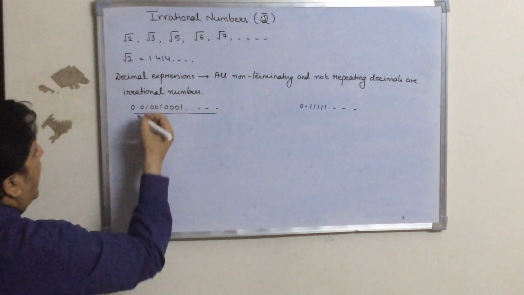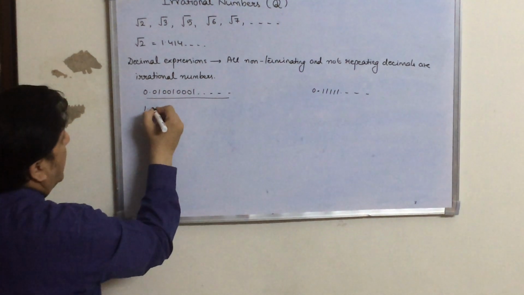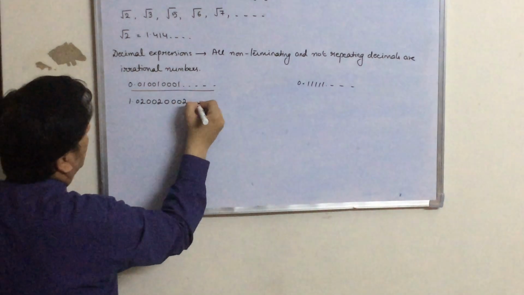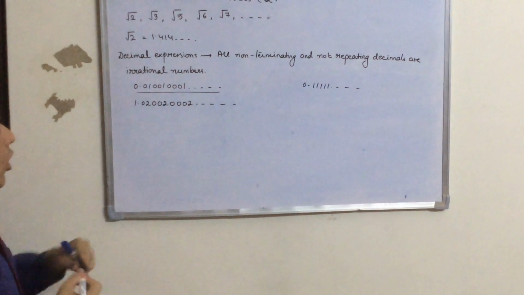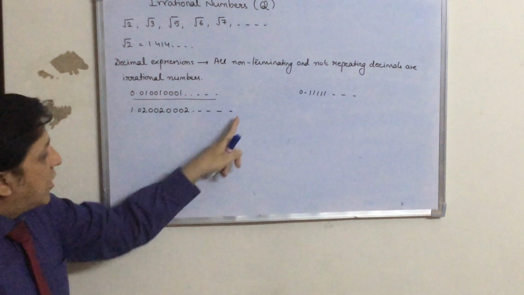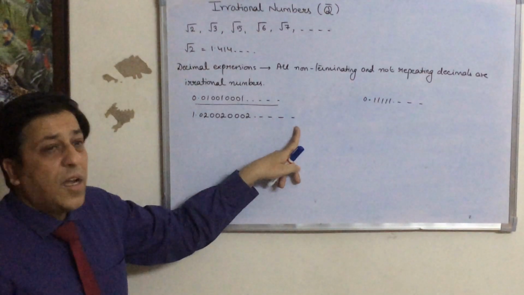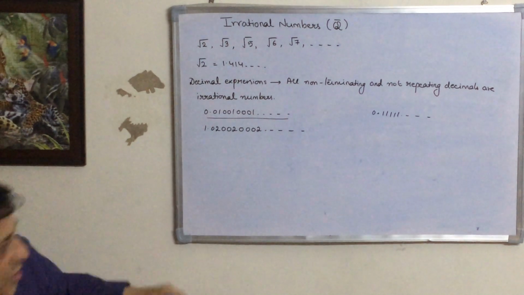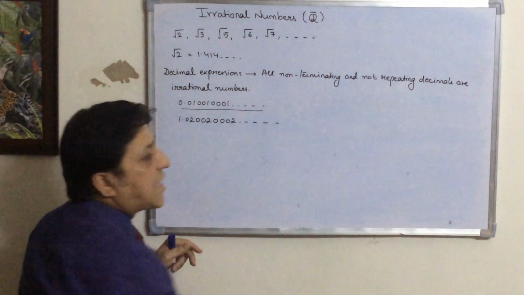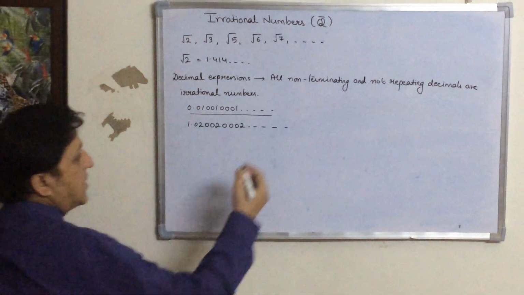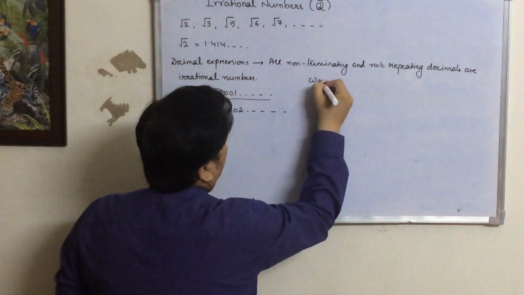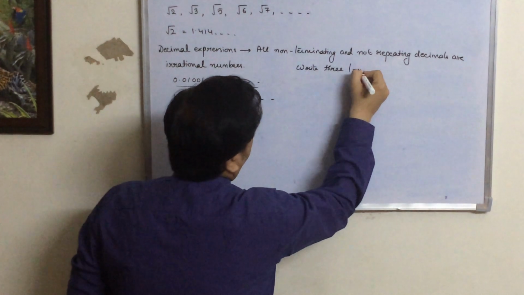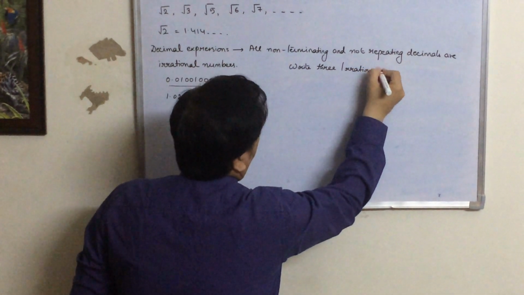Okay, I can have another example as 1.02, 002, 0002 and so on. So all these numbers, they are neither terminating nor they are repeating. So all such numbers are called irrational numbers. Now the first type of questions that you may get is something like write 3 irrational numbers